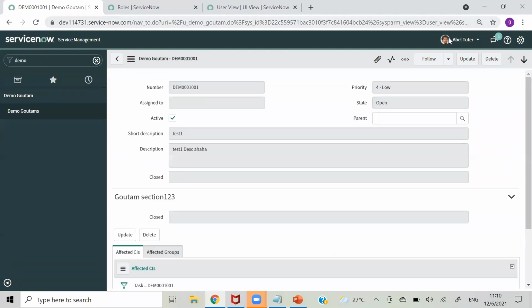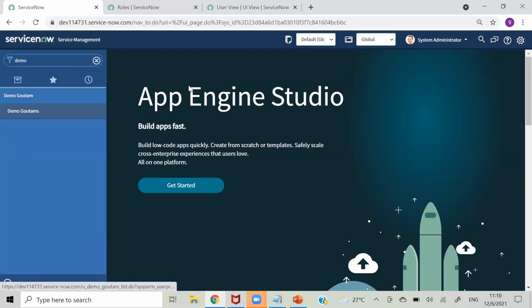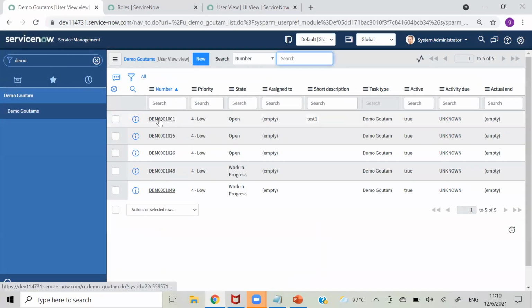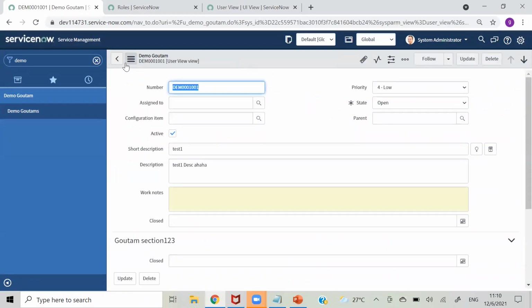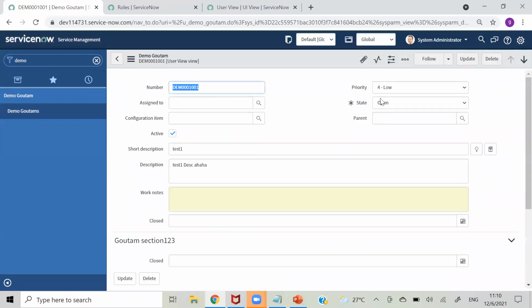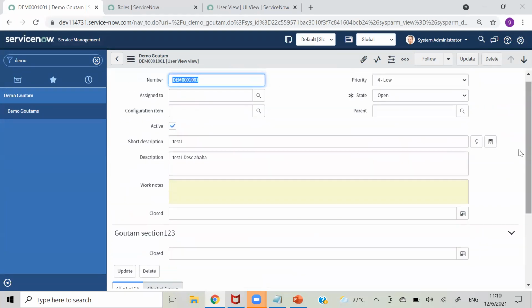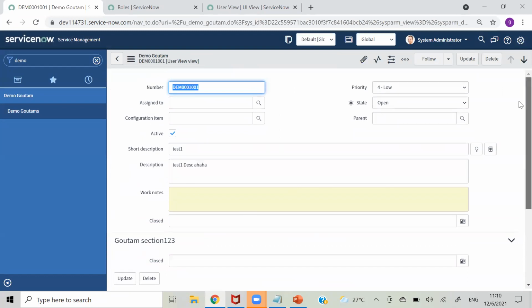Okay, let's verify that by going to admin again. So first let's check default view. So on default view, you had all these tabs. Okay, here also we have section 1 to 3.